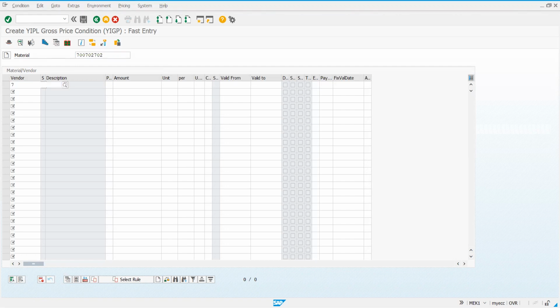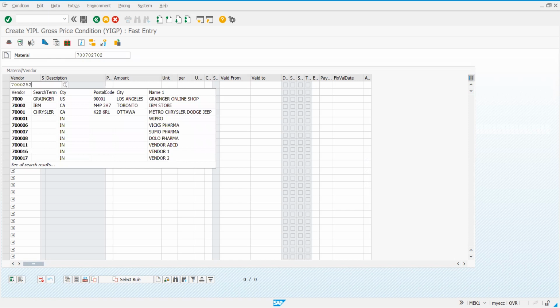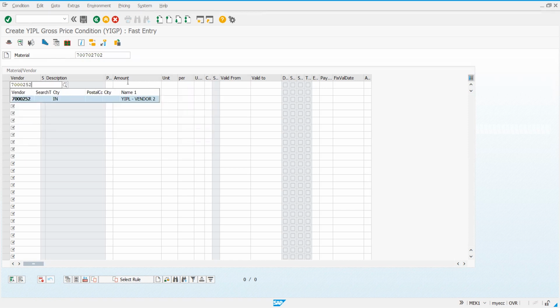Hope that part is clear to you now. So I'm taking same vendor. If I take a different vendor here, then it will not be applicable. Remember. So I'll take rupees 1000, easy for calculation. Unit INR. I'm just defining gross price here.